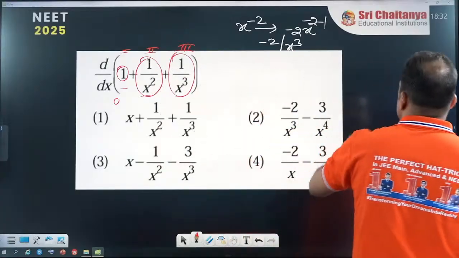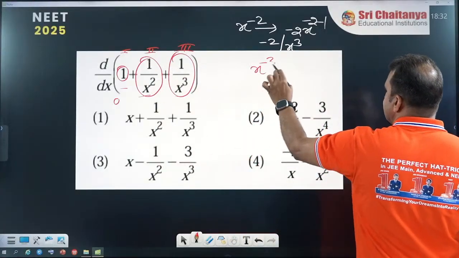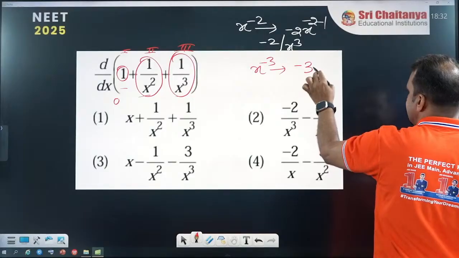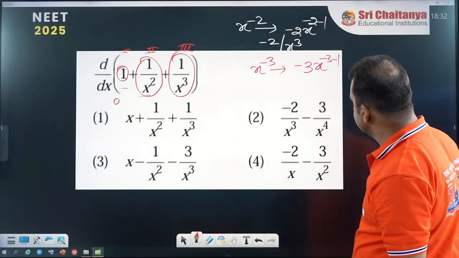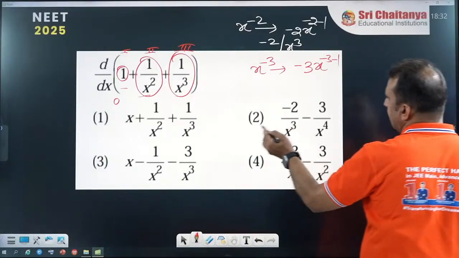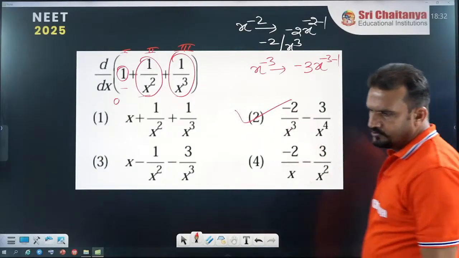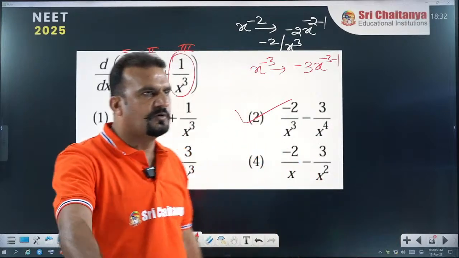That is x power minus 3. Differentiation of x power minus 3 is minus 3 x power minus 3 minus 1. That means minus 3 divided by x power 4. I think the second option is the right option, and I found in the comment box most of the students are